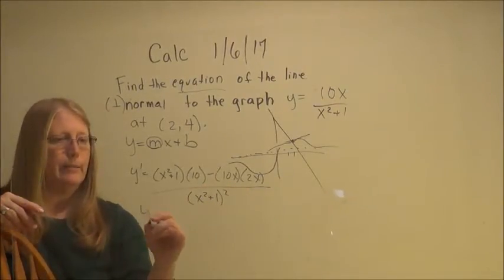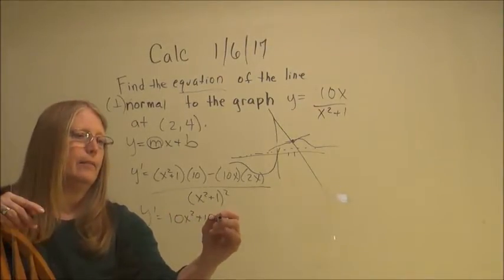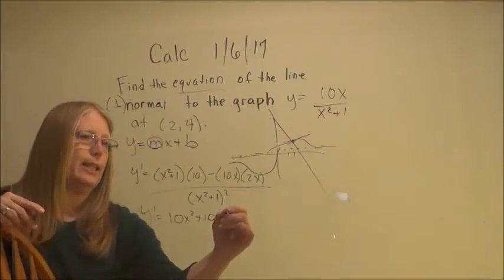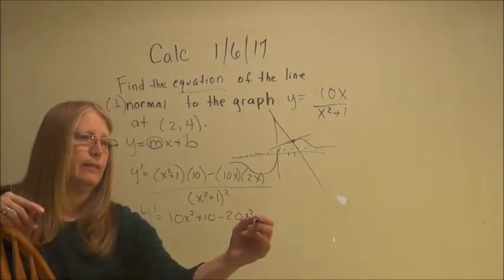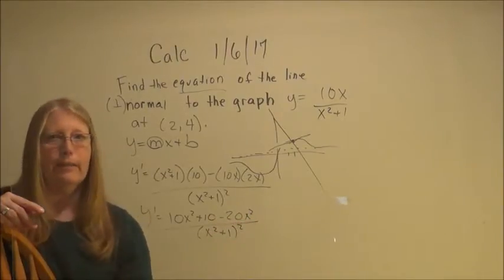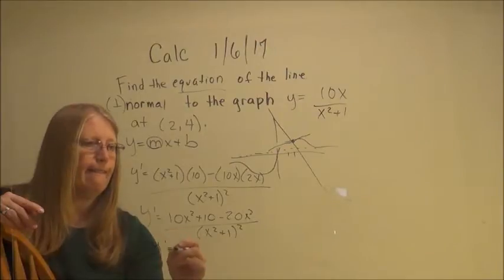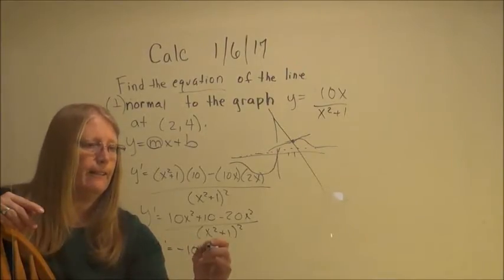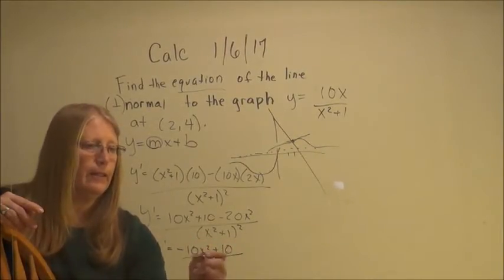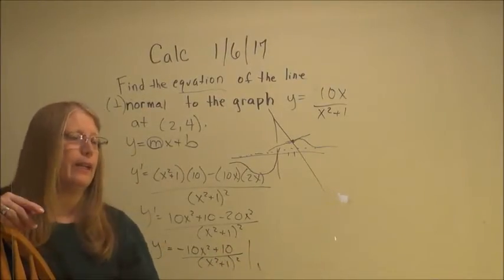Clean it up, clean it up, clean it up. 10x squared plus 10 minus 20x squared over x squared plus 1 quantity squared. Alright, and on the top we have a minus 10x squared plus 10 over x squared plus 1 quantity squared,